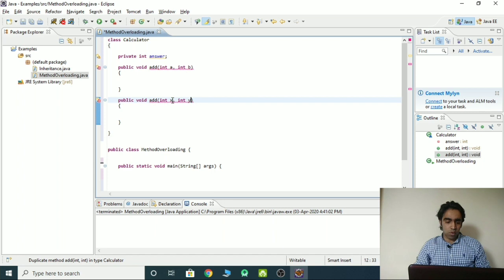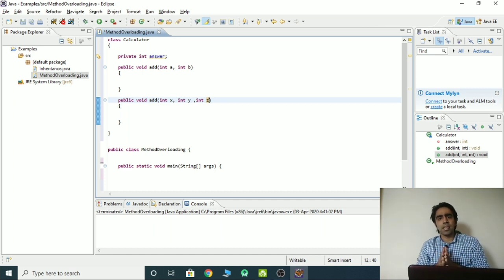So I have to create it like integer x, integer y, then I am creating integer z. Now the error has been resolved. Now exactly the concept of method overloading is contributing in this program. What it is containing? One add function with two parameters, integer a, integer b. One add function with three parameters. It can be a, b, c also, it can be x, y, z. This variable can be same also because they both are local variables for both add functions.